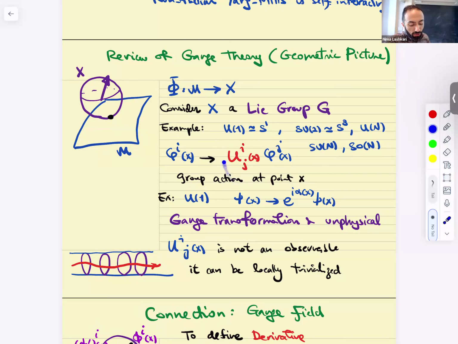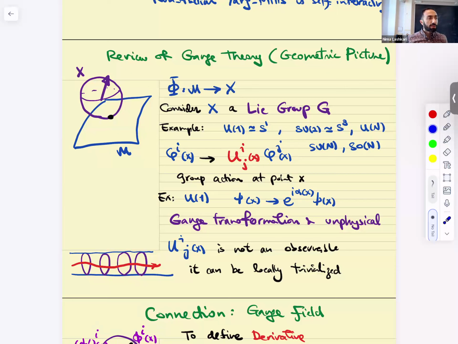So there's some sort of a Uij of X that acts on phi j, repeated indices are summed over, and this whole action occurs at every point in space-time. We said that global symmetries are where this Uij is independent of the space-time point, right? So at every point you have a fiber, which is this internal space. This X is sitting at every point. And you take all the vectors and move them the same way, by the same angle or same action, at every point in space. That had a name. That was a global symmetry.